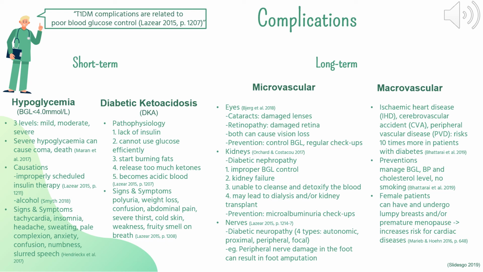recognition is highly important. Hypoglycemia can be caused by many reasons, such as injecting too much insulin, improperly planned insulin management, or an unhealthy diet. Also, consuming alcohol may hinder the liver from discharging glucose, which can drop your BGL. Signs and symptoms of hypoglycemia are rapid heartbeats, sweating, paleness of skin, anxiety, numbness in fingers, toes, and lips, confusion,